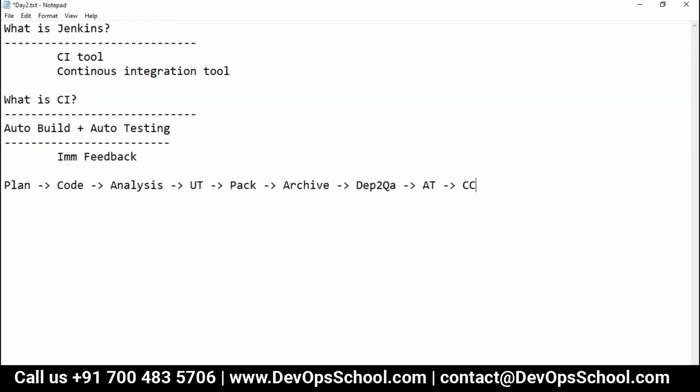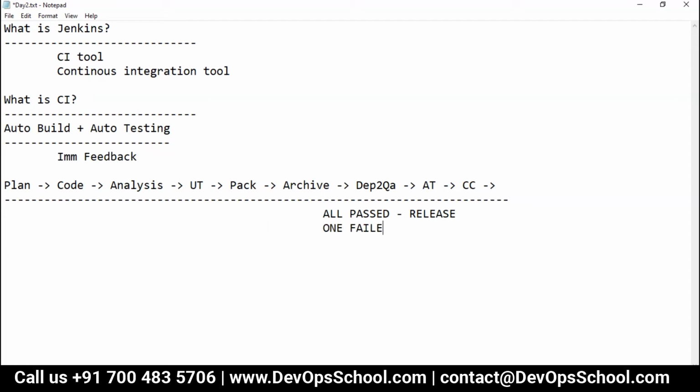After that, code coverage. And if all passed, release, and if one failed, repeat. So this is something we do in the software development lifecycle in each project. Is that right?